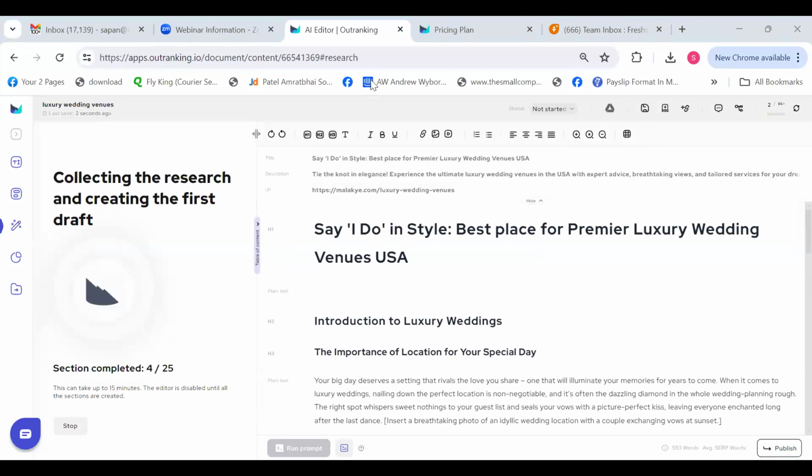Will we still appear for local searches if we don't include the geo area in the keyword? For example, if we use general keywords like luxury wedding venues instead of luxury wedding venues in California, Georgia, Alabama. See, if you are targeting all the venues in the entire US, you don't have to worry about it in this case. But let's say you're targeting a couple of states, or a couple of cities individually,